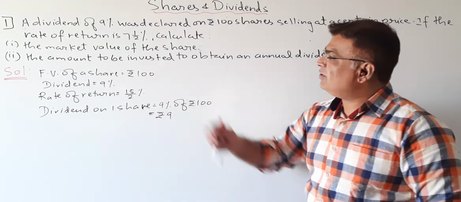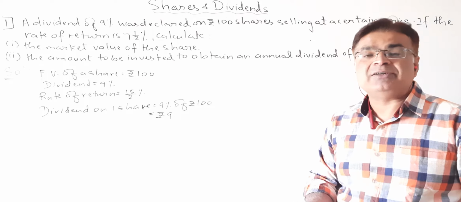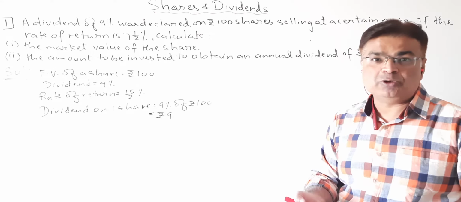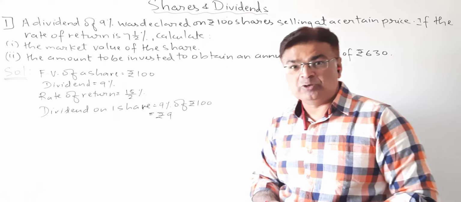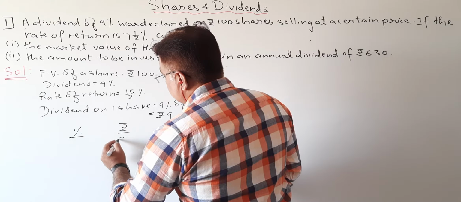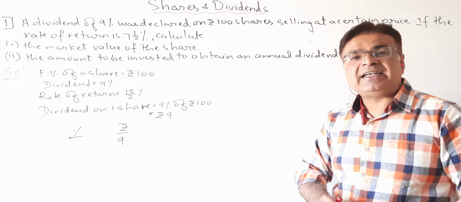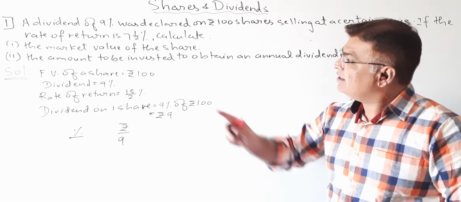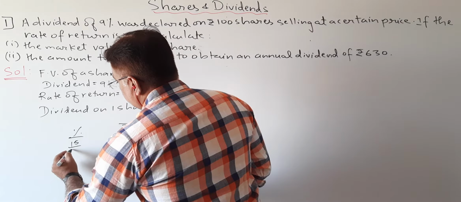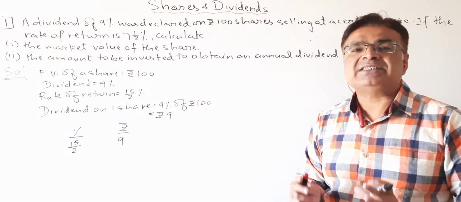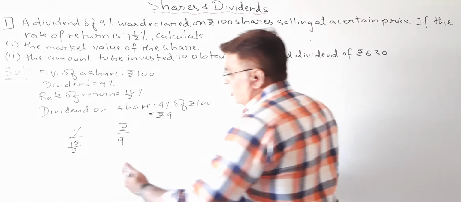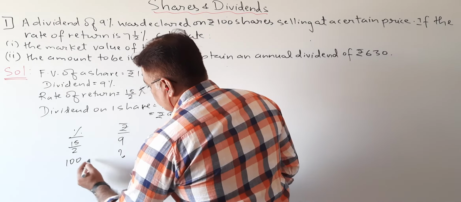So I have to find the market value of the share. Now you can do it by algebra also, students. Here, let the market value of a share be rupees X, and then you can do the sum, or you can do it directly by the unitary method. See how. Now, percentage and rupees. When I am earning 9 rupees, how much percent am I getting? It is already written, the rate of return is 7.5%, so I can say 15 upon 2%. 9 rupees means I am earning 15 upon 2%. So 100% will be how much?